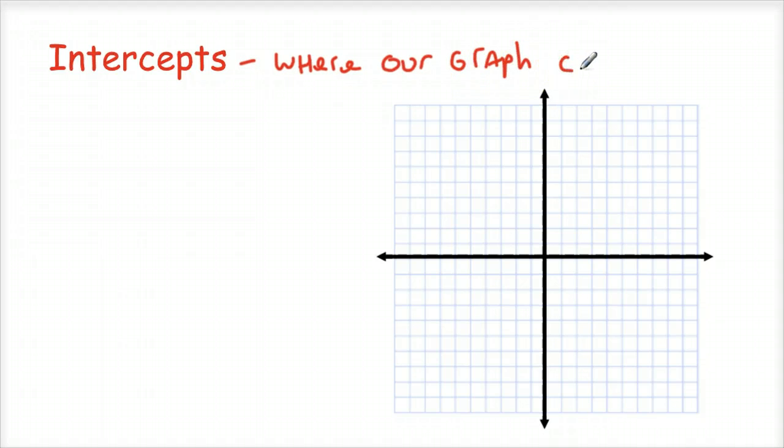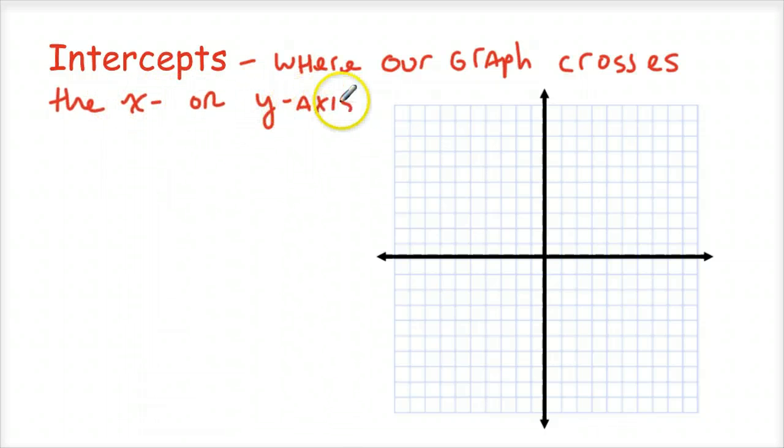You could say intersects, such as intercepts the x or y axis, right? So where it intercepts the x-axis is the x-intercept, and where it intersects the y-axis would be the y-intercept. Pretty intuitive. So let's get some more practice graphing, and we'll say graph